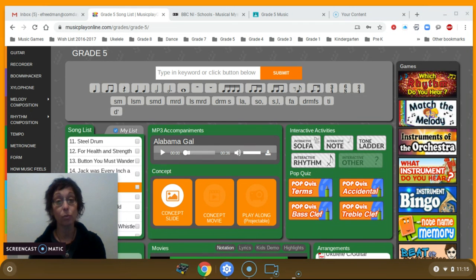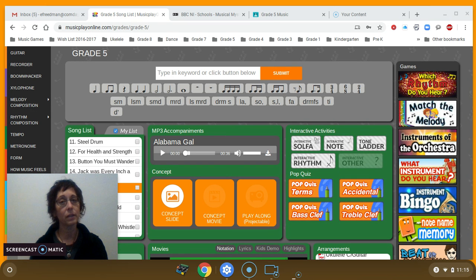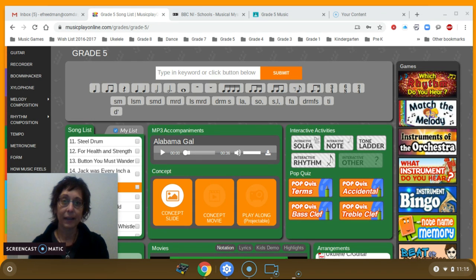I'm going to use this week to review the instruments of the orchestra, the families of the orchestra, and to work on discerning the different sounds, especially when we get into the woodwinds and the brass. Those seem to be sometimes the more challenging ones if we don't have a lot of experience and our listening hasn't been reinforced weekly with those sounds. So we're going to do two different activities